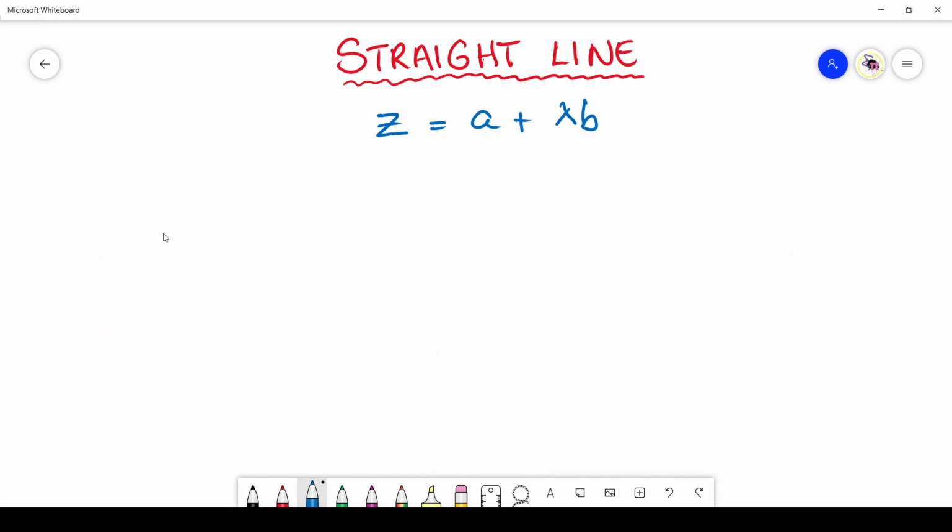Okay, and the last and final one, a straight line, another straight line. But the format looks as follows. Okay, so it looks like z is equal to a plus lambda b. Now, please do not mistake this with a plus ib. Lambda is not the same as the imaginary identifier. Okay, guys? So let me expand by example a little more of what this form may look like on an exam. They can ask you to plot or sketch the locus of z